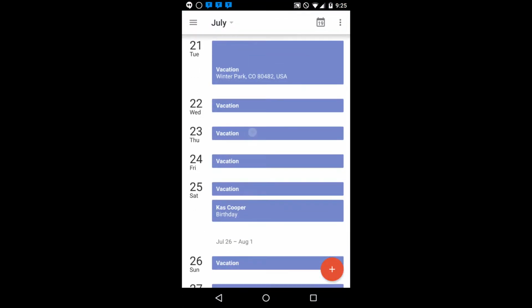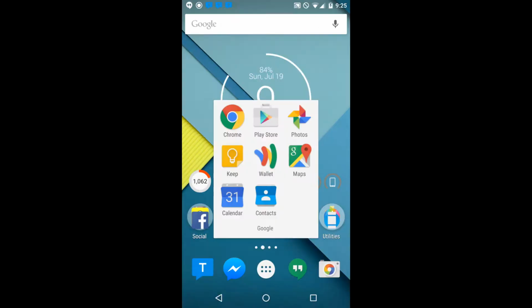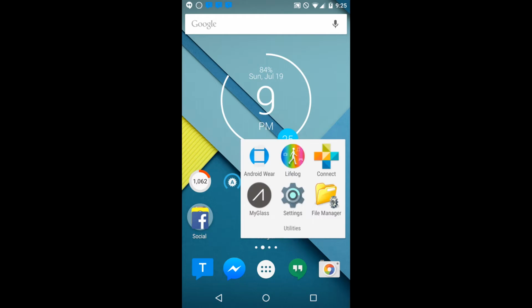It basically just enables me to see everything that I have to do. Next to that we have Contacts, which is just the stock Google Contacts app, nothing special there. We then have my Utilities folder, which has things that I use often but are not super important, such as